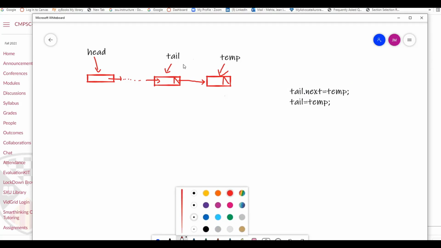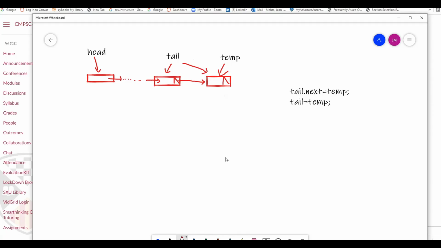That moves tail on to here and no longer there. So now we have everything joined up with temp at the end, and temp's next is null, which is what we need because we always need the next of the last item in the list to be null. That's how we find or identify the end of our list. So this will work as long as we have a tail. But